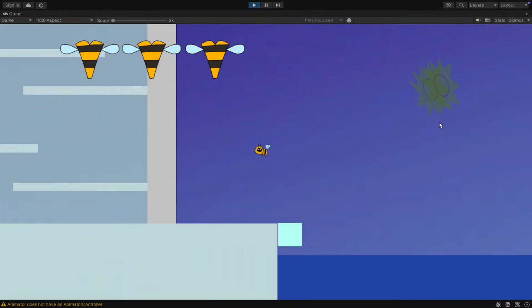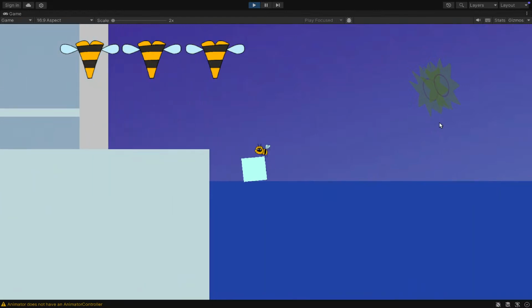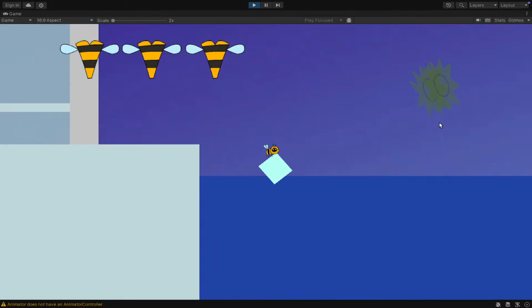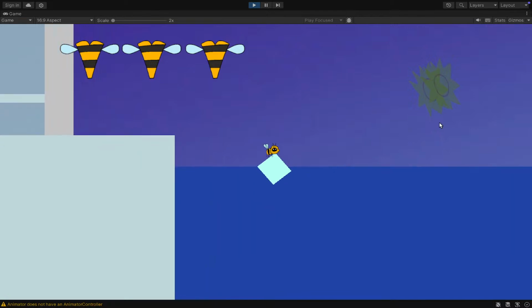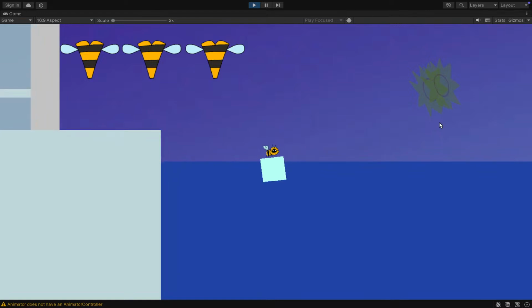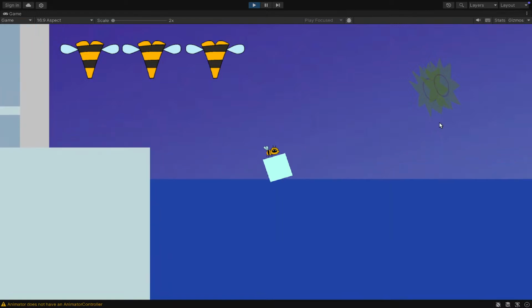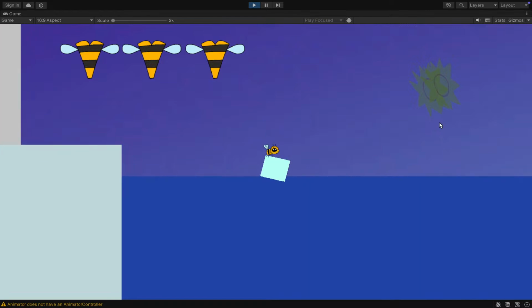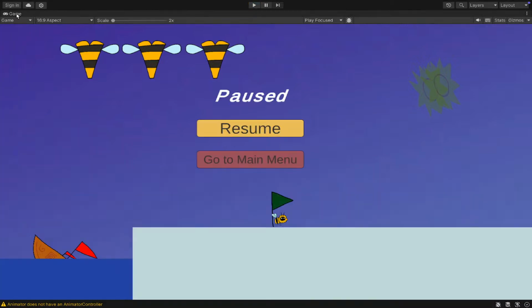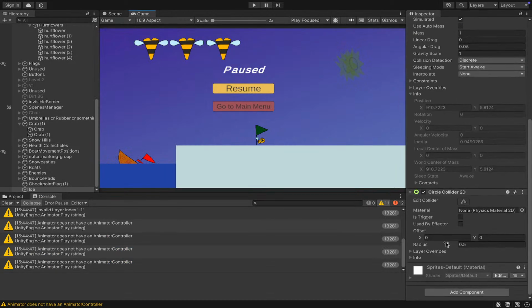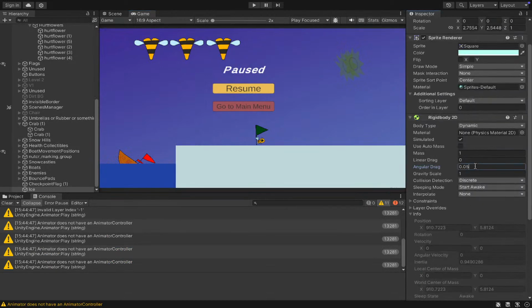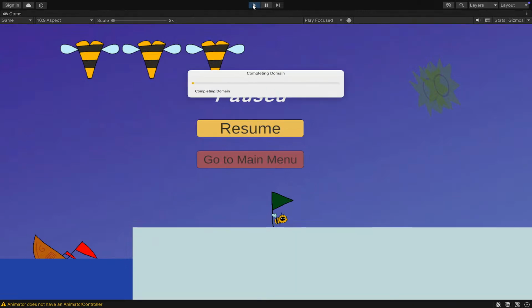But now it rolls. Now it's probably going to be hard to move on it. And this is extremely slow. So I'm just going to make its angular drag like 8. I'm not sure if that's going to make it roll faster though, but